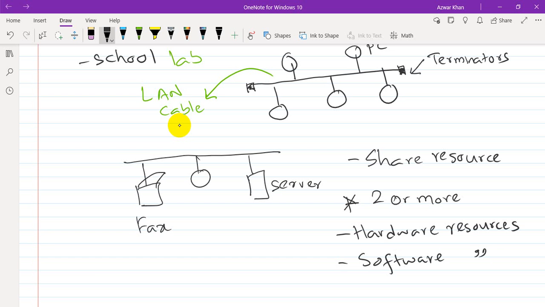So hardware resources, I might say it can be a fax machine, it can be a printer, it can be a scanner, or any other devices. As long as it is connected to a computer network, users will be able to share those resources with certain privileges. And also the users can use software resources as well. For example,